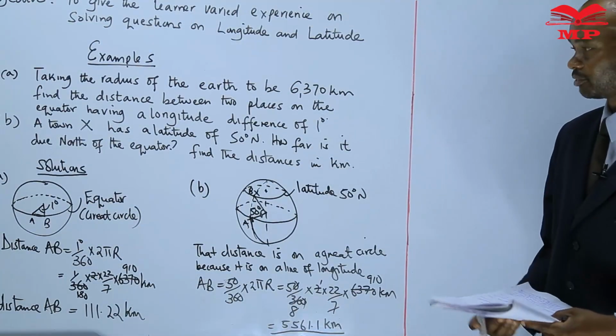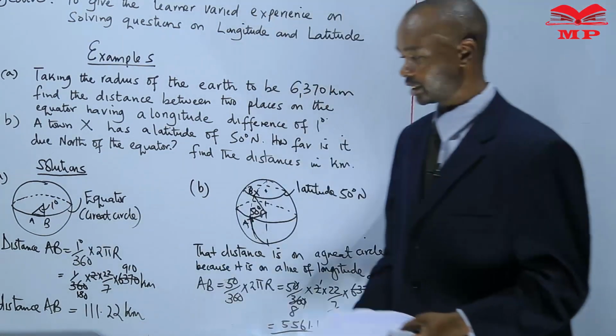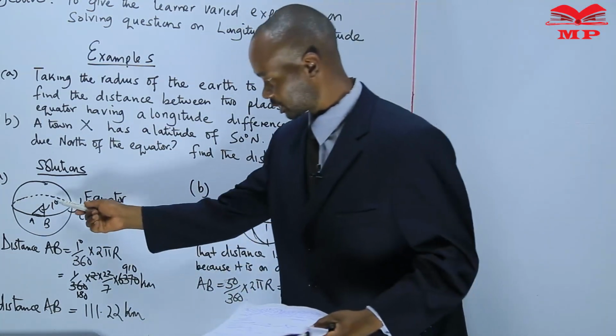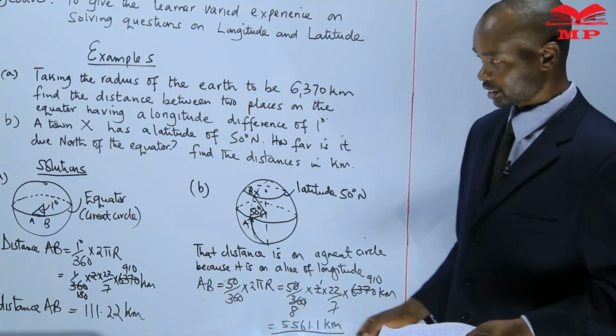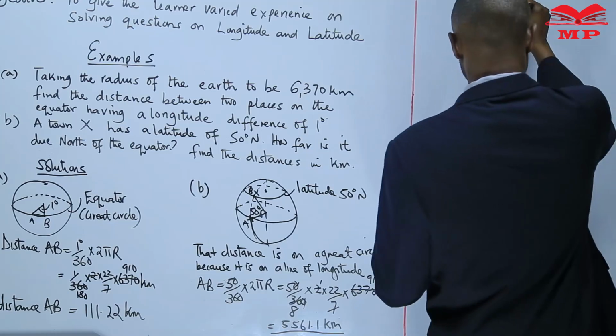So learner, check how you work out. The sketches are very important. Like this one, when I drew, I knew it was on the equator. I could see that 1 degree, which subtends at A, B. So in the assignment,